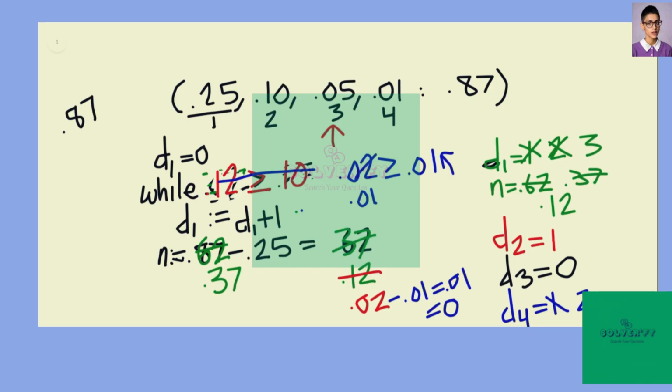Okay, so that's the end of the algorithm, and we can say that we need 3 quarters, 1 dime, and 2 pennies to give us 87 cents. And you can repeat